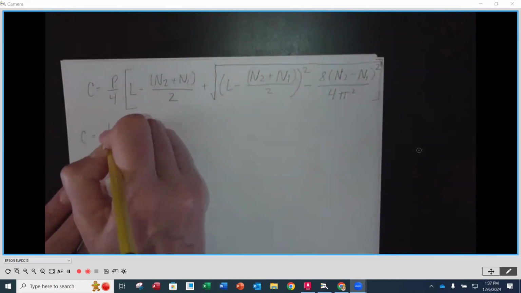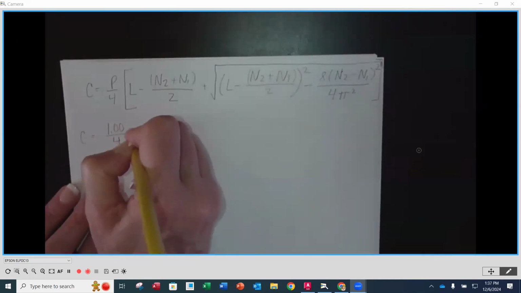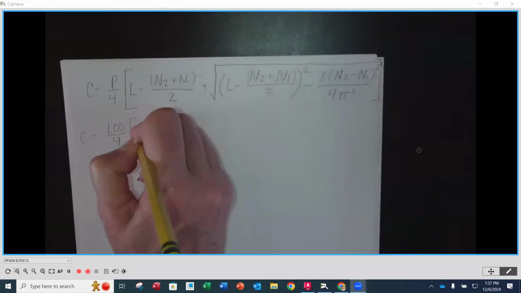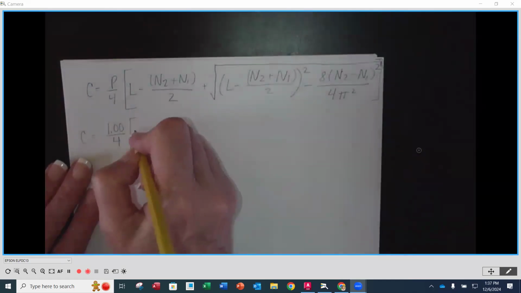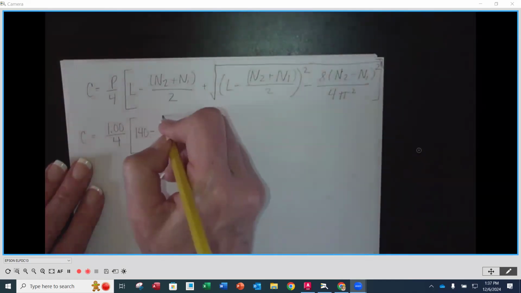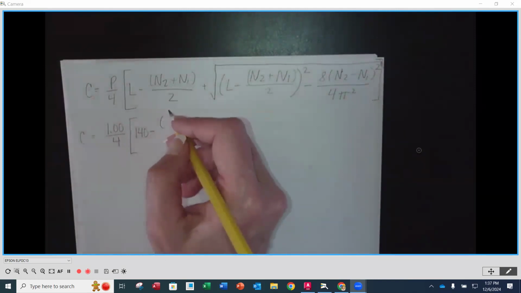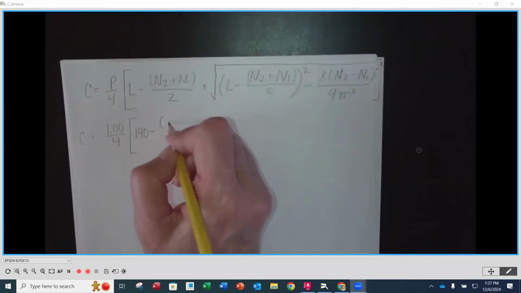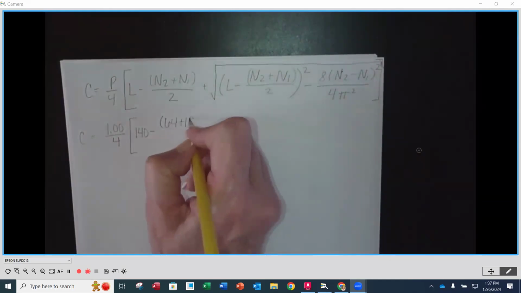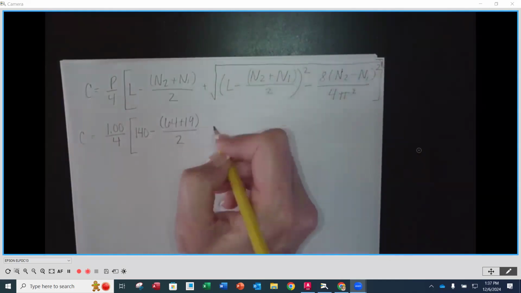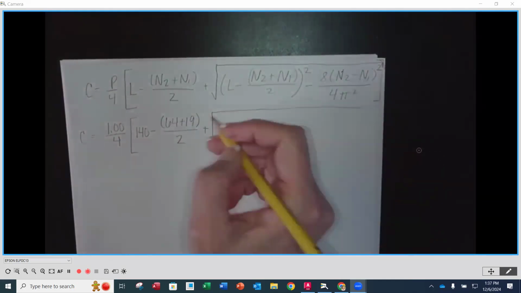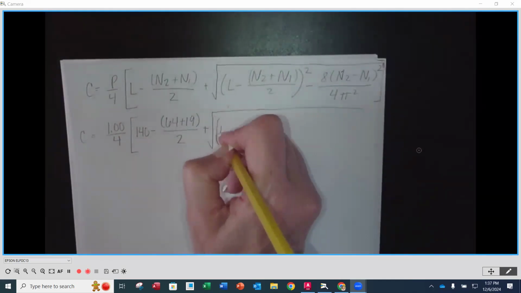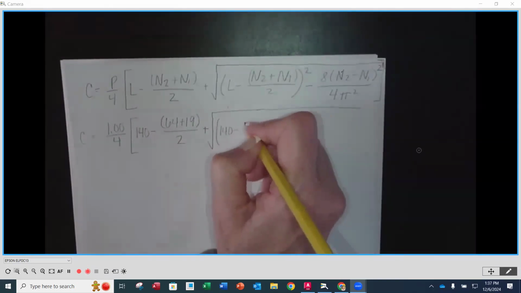So my P is going to be 1 inch divided by 4. My L, that's the number of links in the chain, and it says that that's 140 minus N2, 64 plus 19 divided by 2 plus, this is the big one. So this is going to be 140 minus